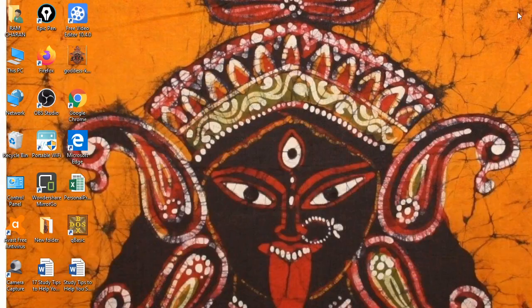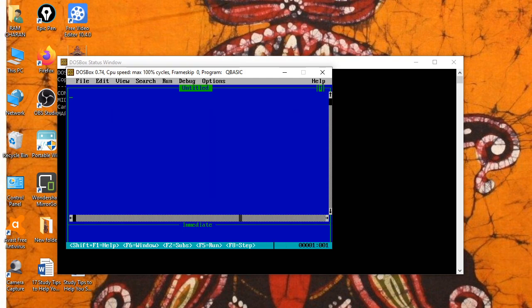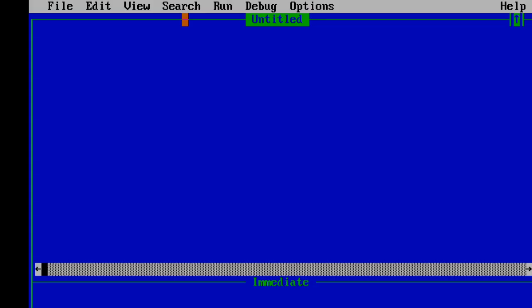I am going to open QBasic. You see, this is QBasic. Now here I am going to write CLS to clear the screen, then SCREEN 9. Then let's have a color.